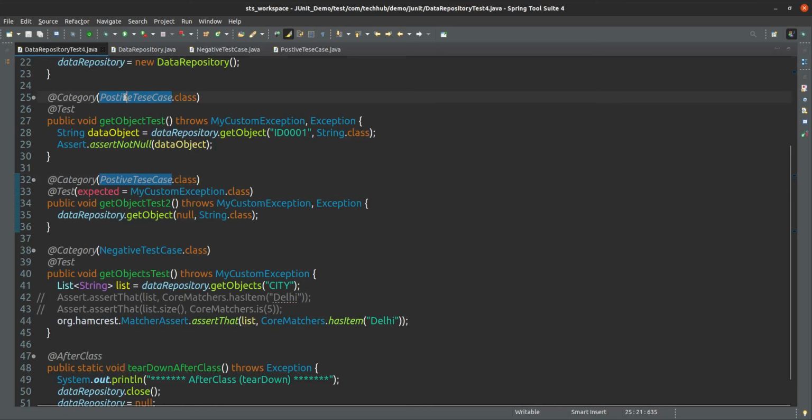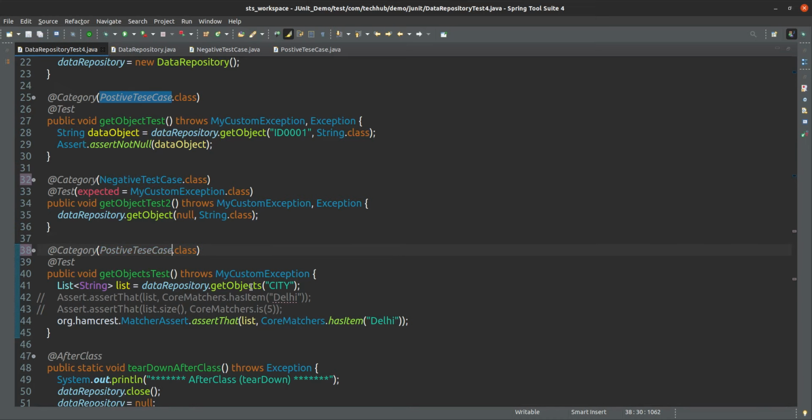This one is a positive test case, and this is a positive test case too. So this one is positive, this one is positive, but this one is a negative test case. It's up to you, you have to see which one is a negative test case and which one is positive.